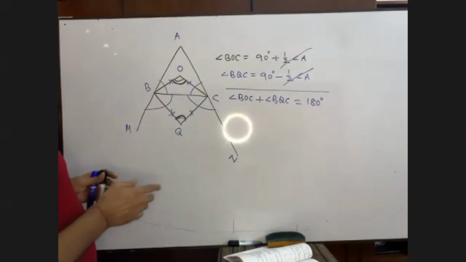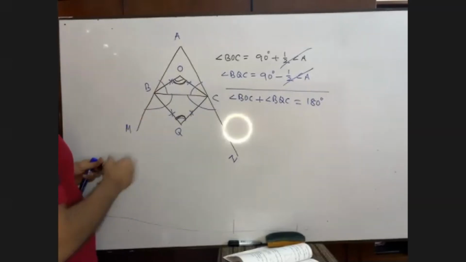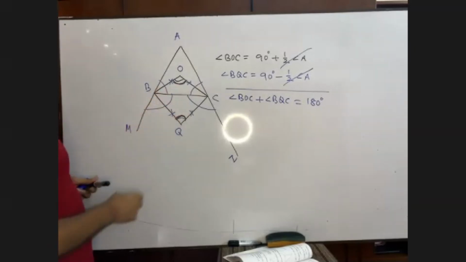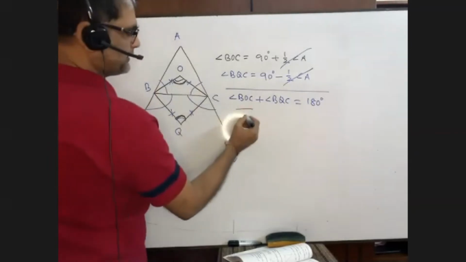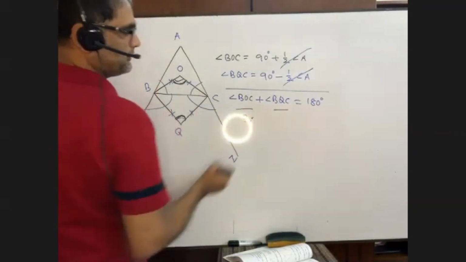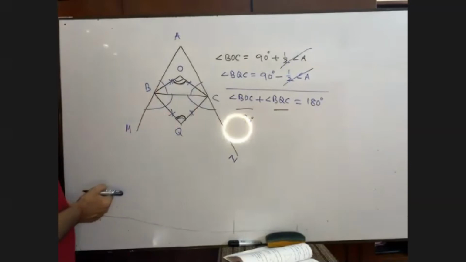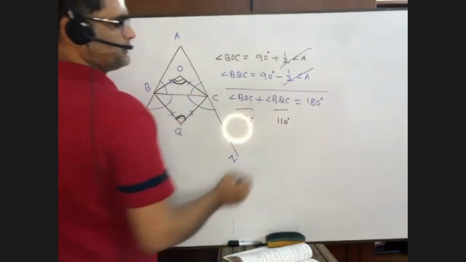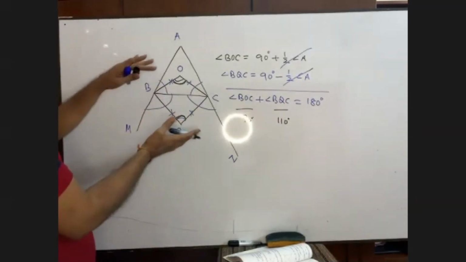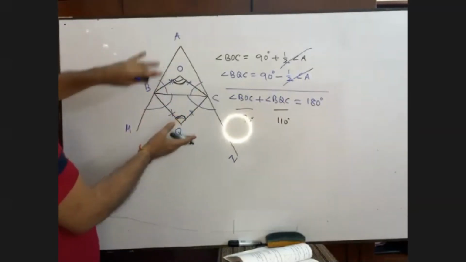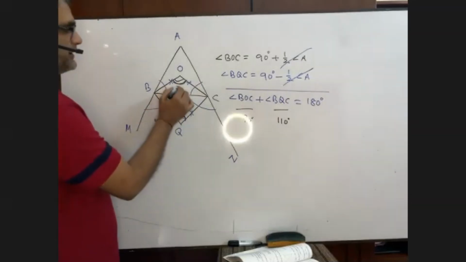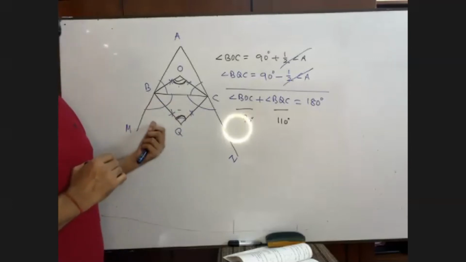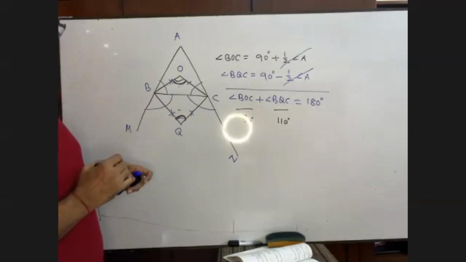If you are given this angle as 70 degrees, then what is this angle? Suppose it is given now 70 degrees. Now can you find this angle? Yes, sir. If it is 70, then it is 110 degrees. The figure is given in the exam, and I will tell you it is 70 degrees. Now what is the measure of this angle? Have you got me? Yes, sir.